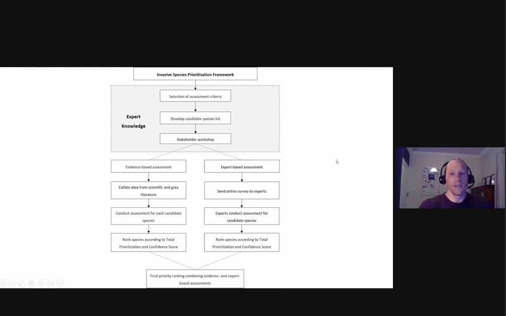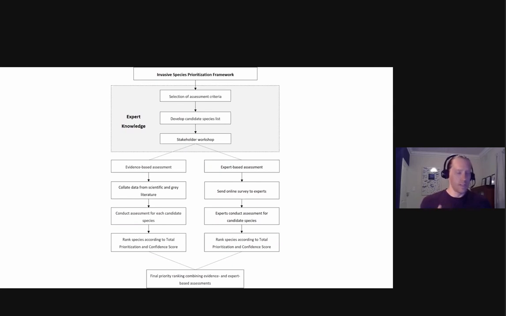So this is the ultimate framework that we developed, the procedure to go about the species-based assessment. The first step would be to select a subset of assessment criteria.